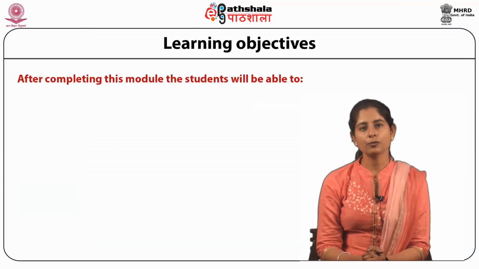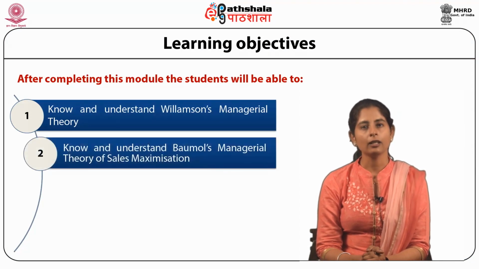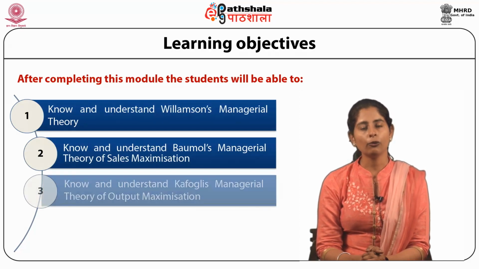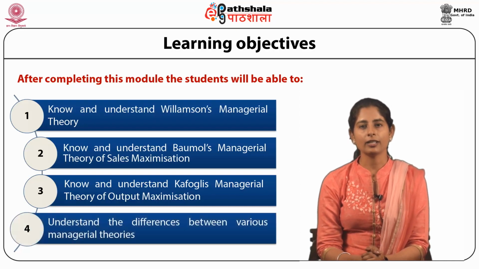Today we are going to discuss the module Organizational Goals 3, Managerial Theories of Firm 2, under the paper Managerial Economics. After completing this module, the students will be able to know and understand Williamson's managerial theory, Baumol's managerial theory of sales maximization, and Kafoglis' managerial theory of output maximization,